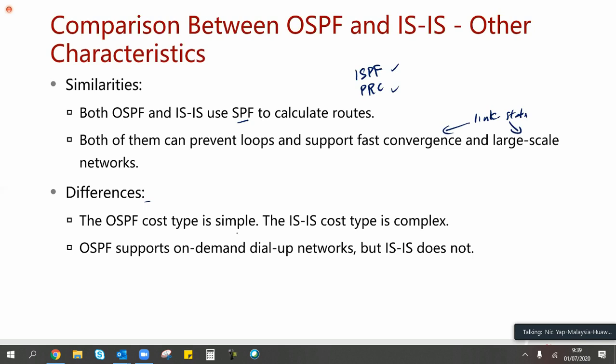The OSPF cost type is simple. The ISIS cost type is complex. OSPF supports on-demand dial-up networks, but ISIS does not. First, the cost type. The cost type in OSPF has only one type, no other different cost types. So it can be any number that you define from 1 to 16,000 or 65,000. But in ISIS, it's a bit complex. In ISIS, they are divided into